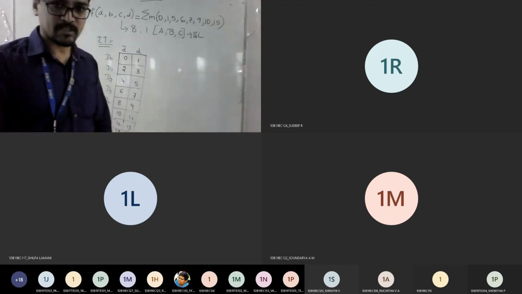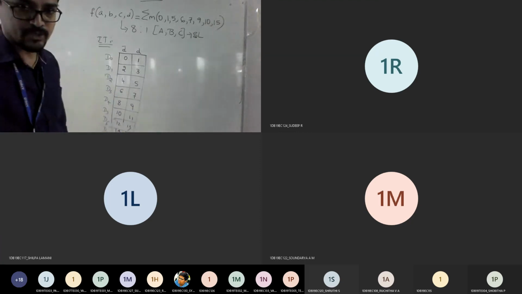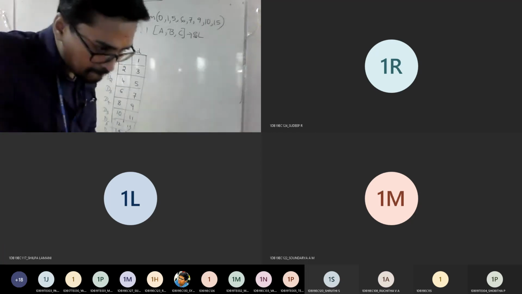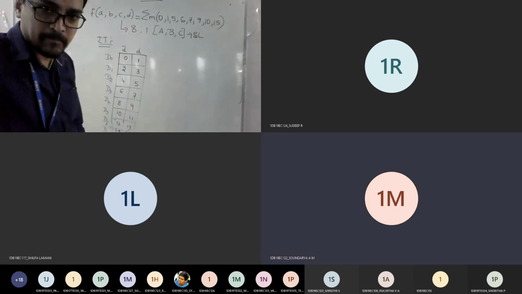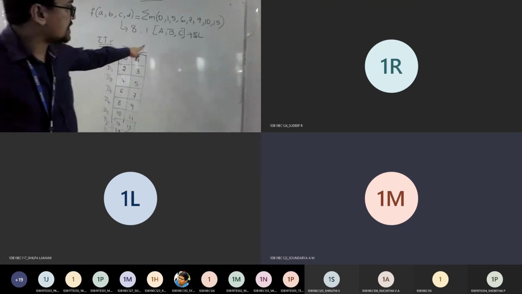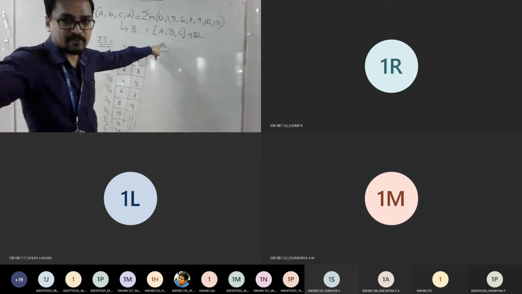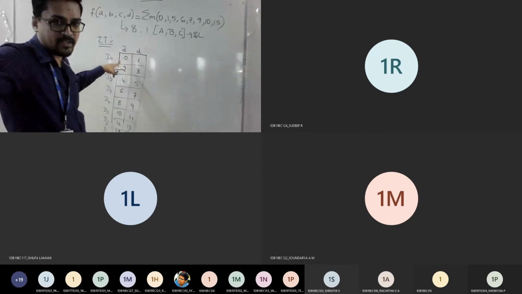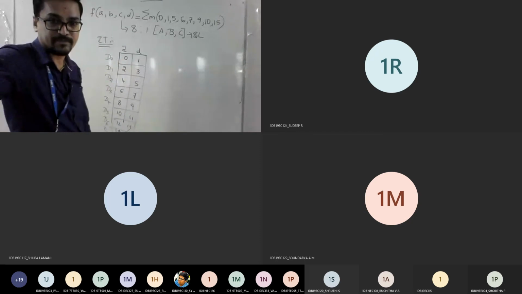I hope everyone got the first change you should make whenever you find such type of problem. Am I clear? Yes, sir. So since ABC is the selection line, we are left with only D, right? That's why I have taken D bar and D, and the numbering was different earlier, but now we should take 0, 1, 2, 3 in alternate way and commit till 15.